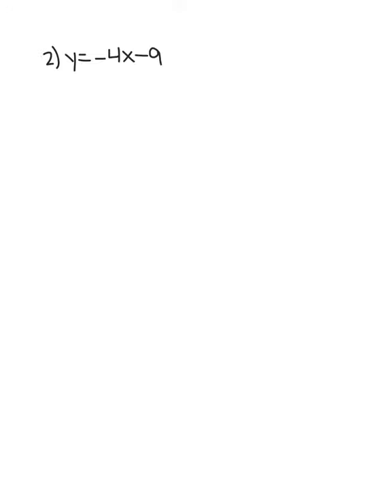Right? So we're going to take out this x here, and we're going to be putting in values for x. So let's take a look at some possible choices here. So let's do A. This time I'm going to say x equals 1. Right, so we're going to make x 1 and solve for y. So we're trying to find the point on the graph where x is 1. So I have y equals -4 times 1